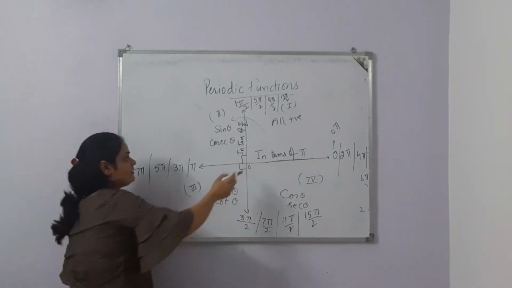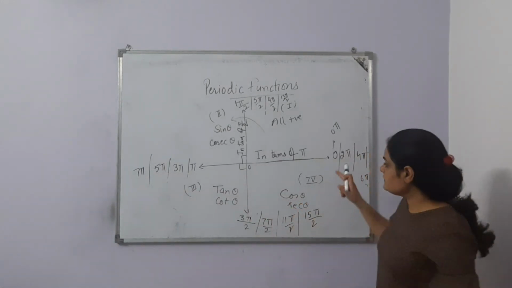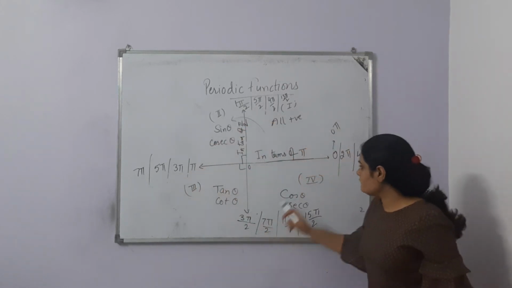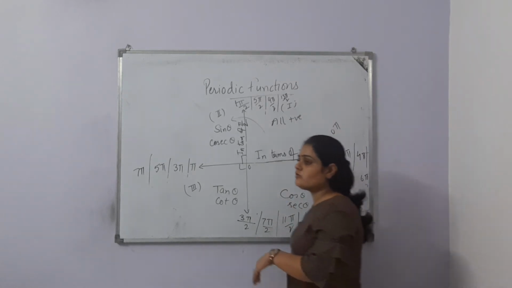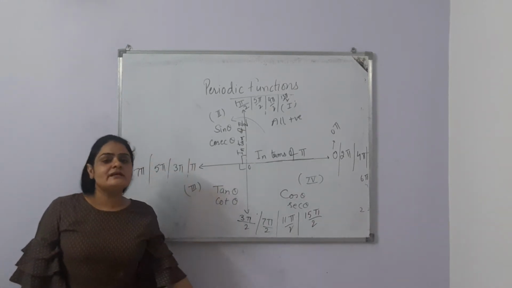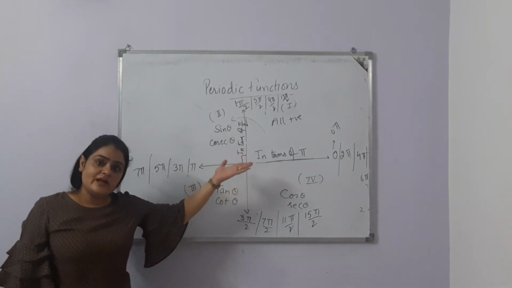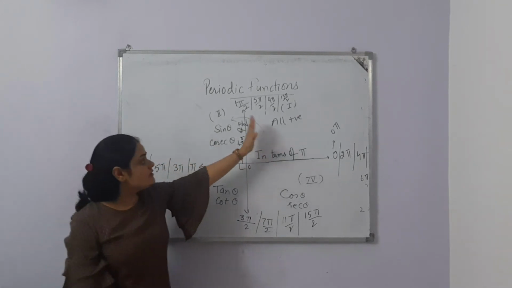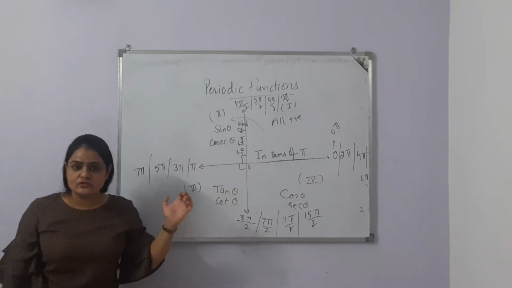And second thing, of course we are going anti-clockwise, so we are getting positive angles. That means we are getting 0 to infinity: 0, 90, 180, 270, 360. So we are getting positive angles. In the first video I already told you that when we are going anti-clockwise, we are always getting positive angles. This we have already proved, that we get positive angles when we go in the anti-clockwise direction. Hope this criteria is clear to you.